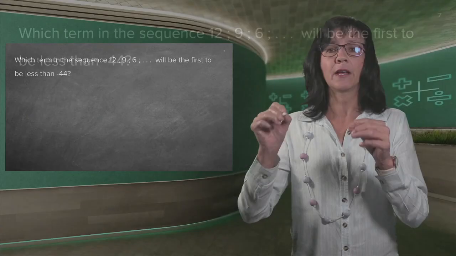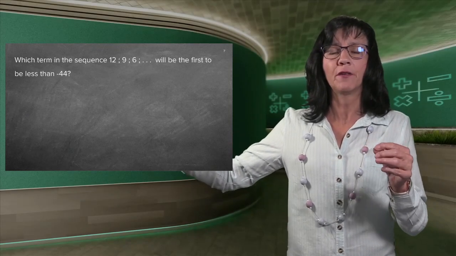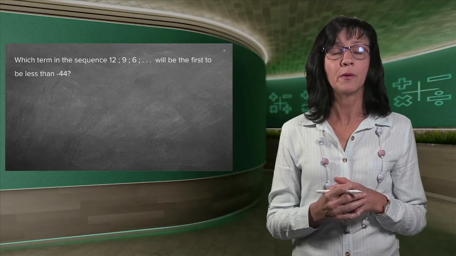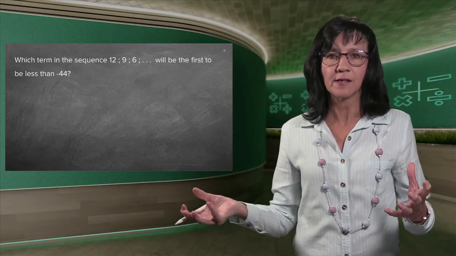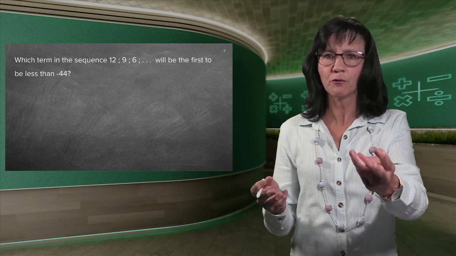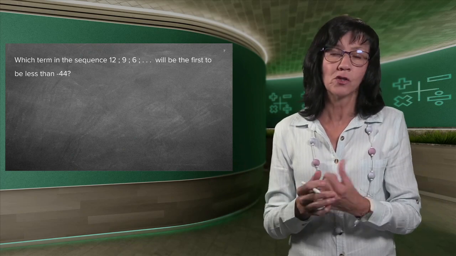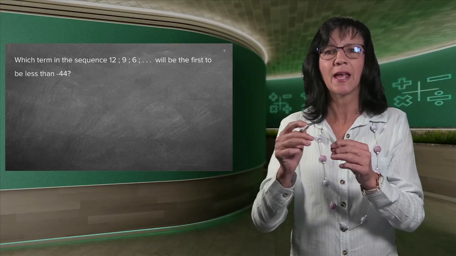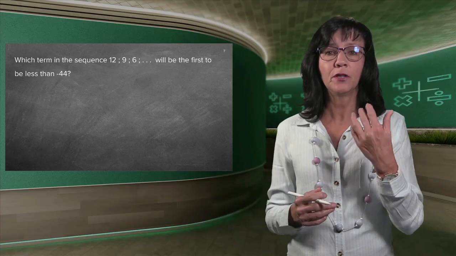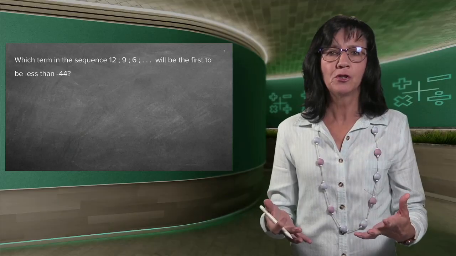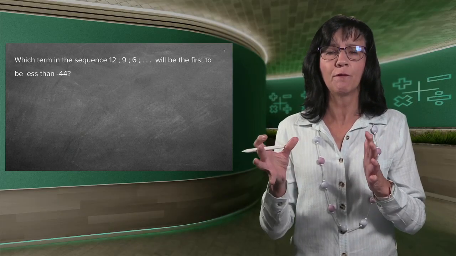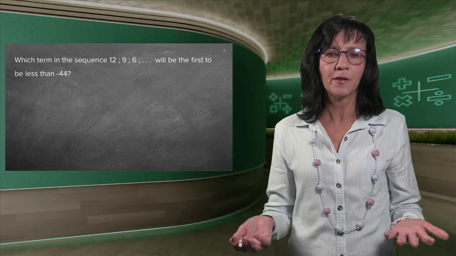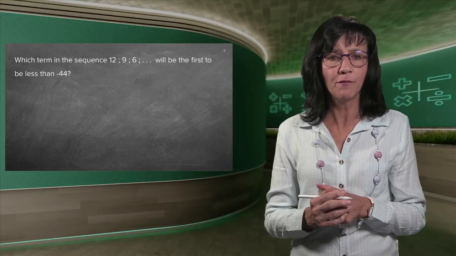Now, I can either write out the whole sequence forever and ever and get to the minus 44 and see which term is less, but that is why we have a formula, to save you all of that time. And remember, if we give a mark allocation of 3 marks, maybe for a sum like this, or maybe 4, you cannot spend 6 or 7 minutes on that problem. So you cannot write out the whole big fat sequence. We're giving you marks for the formula, for the substitution. If they only ask 3 or 4 or 5 or 6 terms, then you can write them out and read the answer. But if they ask something like that, we need a formula. But now I do not have a formula.